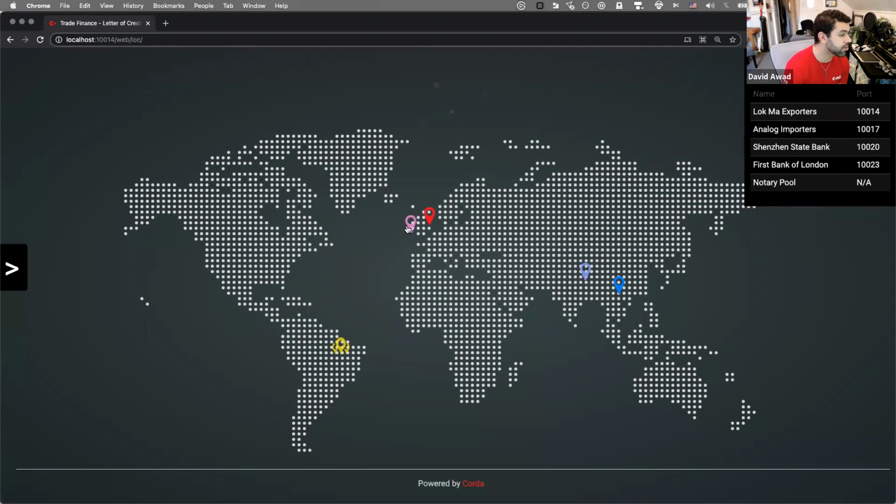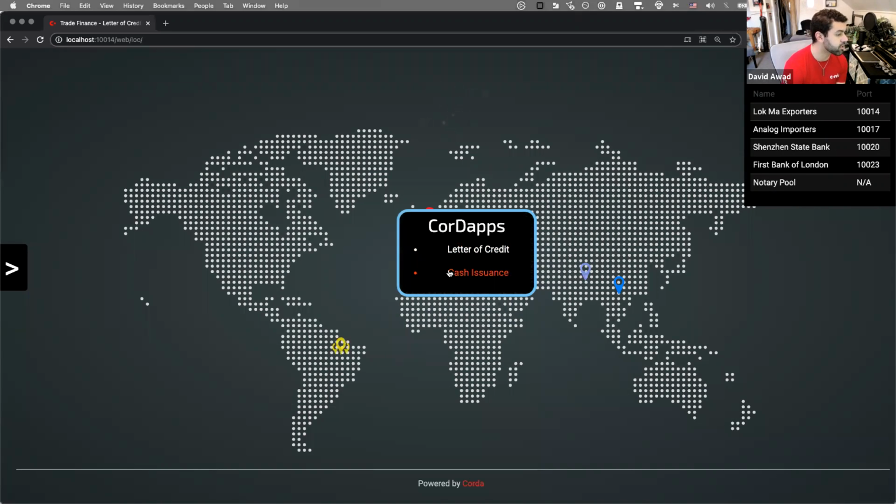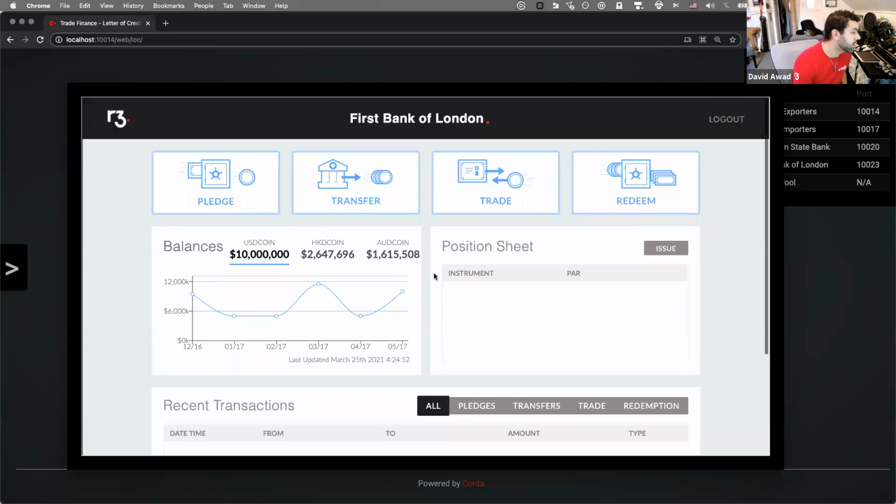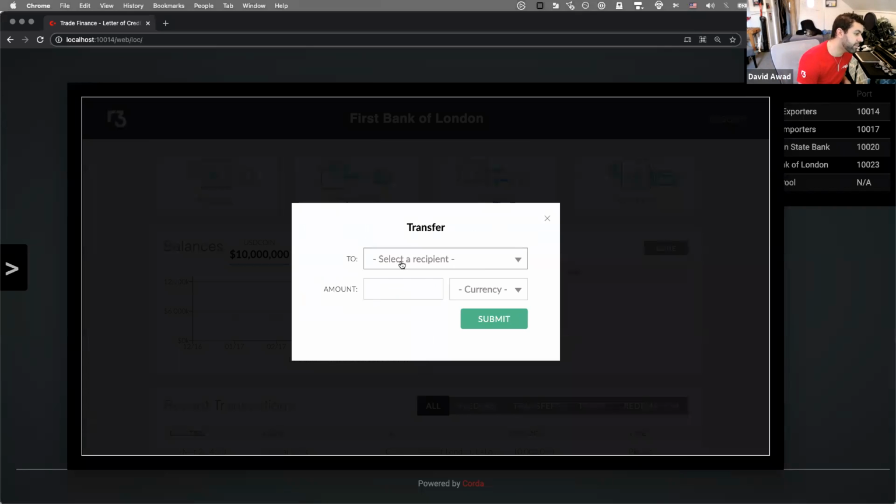So the first thing I'm going to do is issue myself some cash. I'm going to be doing this using the Corda finance tooling. You can look into that a little more after the fact. So you'll notice my bank has $10 million in USD coin. Very cool. So I'll just transfer myself a bit of this cash to make sure that